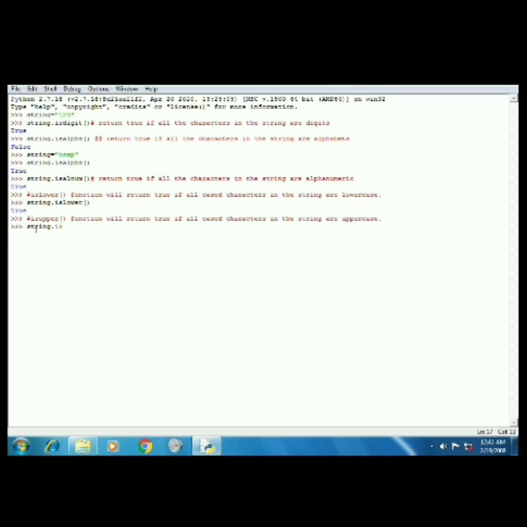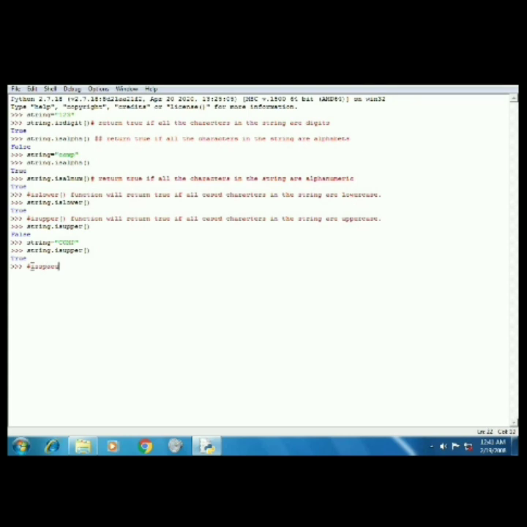If the string is equal to "comp" in small letters, then it will give a false value. Here string is "comp" in small letters, string.isupper() will give a false result. If we change the string to "COMP" in capitals, then string.isupper() will give a true result.